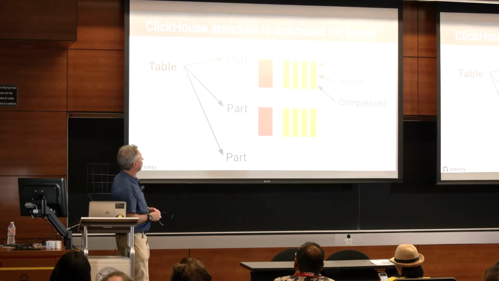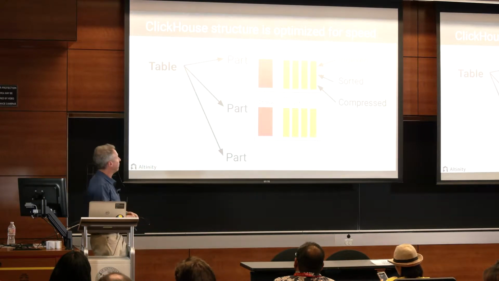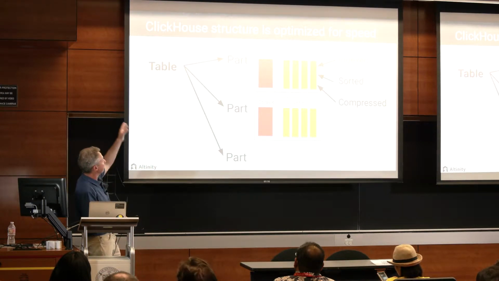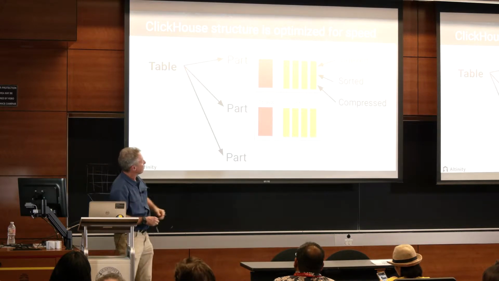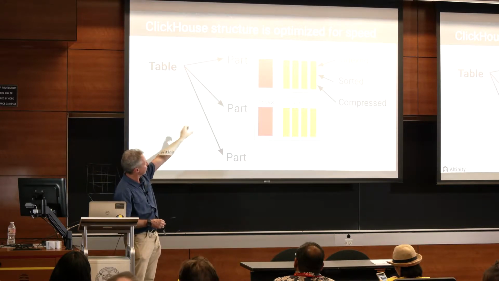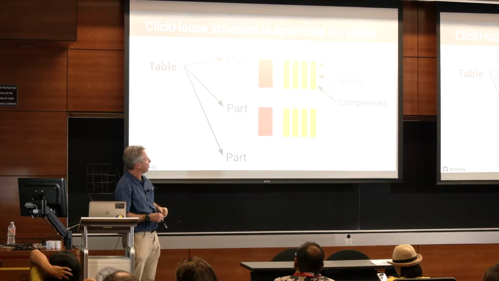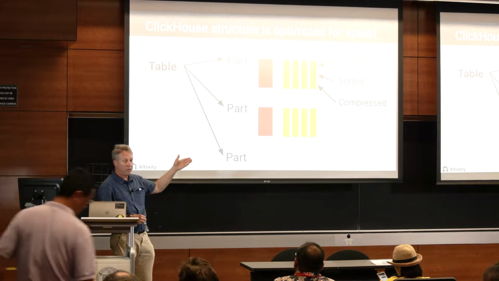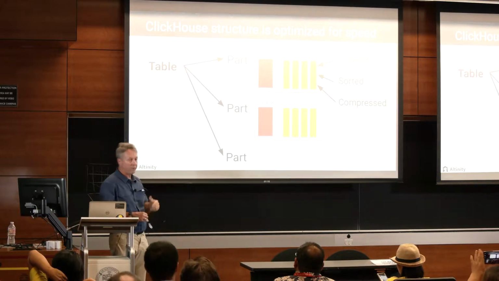The optimizations for speed, if you want to know how databases are made fast: we take the tables and break them up into parts, which are just chunks of data that we can then process in parallel. We index them, with a little index that very efficiently implements a primary key index. We sort the data so that it's basically coming out in a particular order already, and we have very efficient